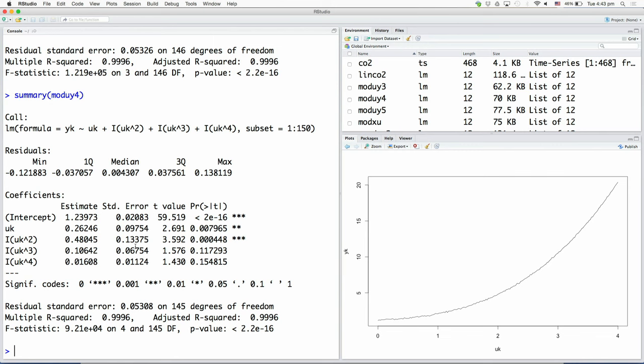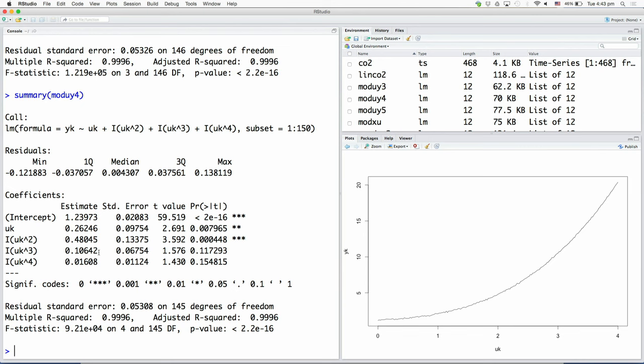You can look at the error. The error in the estimate of the coefficient for u cube is quite significant compared to the estimate itself, and likewise for the fourth order coefficient as well. And that is why there are no stars here, telling you that the null hypothesis that the coefficients on u cube and u to the power 4 are 0 cannot be rejected.